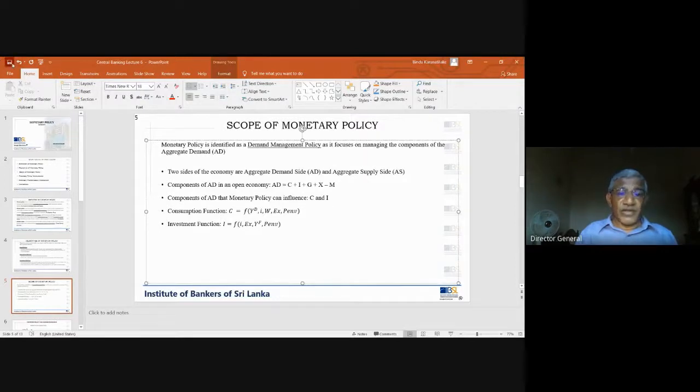Of an open economy. The components of AD in an open economy, C, I, G, X, M. You know these things, but anyway, let me explain them. C means consumption expenditure by households. If you remember circular flow of income under your macroeconomic class, in your economics class under macroeconomics,